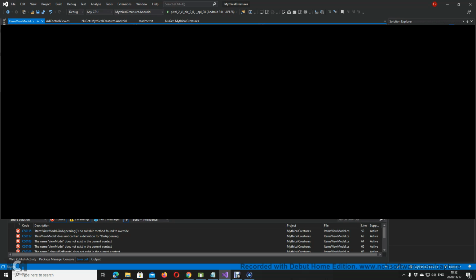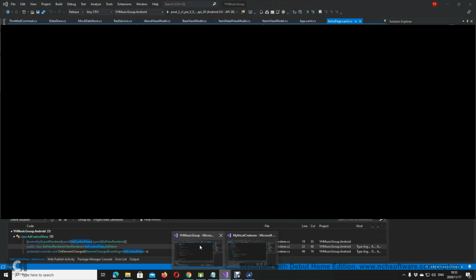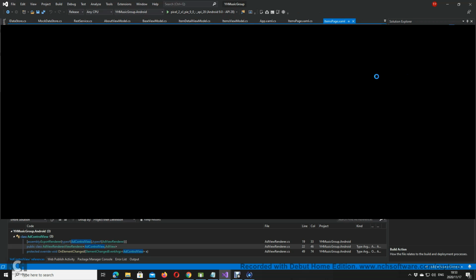So what I'm gonna do is I'm gonna see how this sort of thing is structured here. And it looks like on appearing comes from the page itself, which is